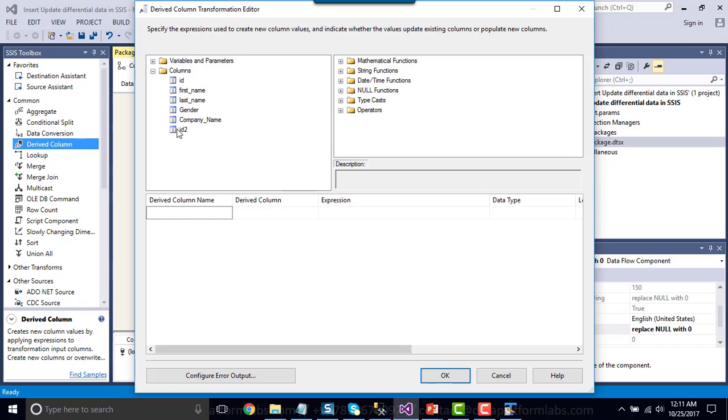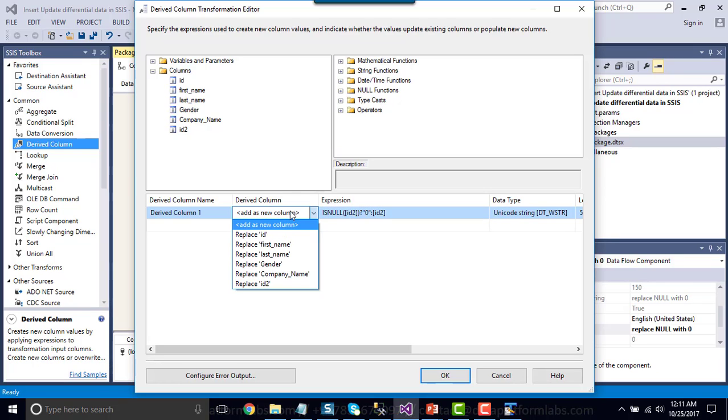So what we can do is, we can just simply drag and drop the ID2 column, and we can replace the null value in it for the non-matched records with a 0 value. So if ID2 is null, it will be changed to a 0 value, otherwise the ID2 value will be retained.